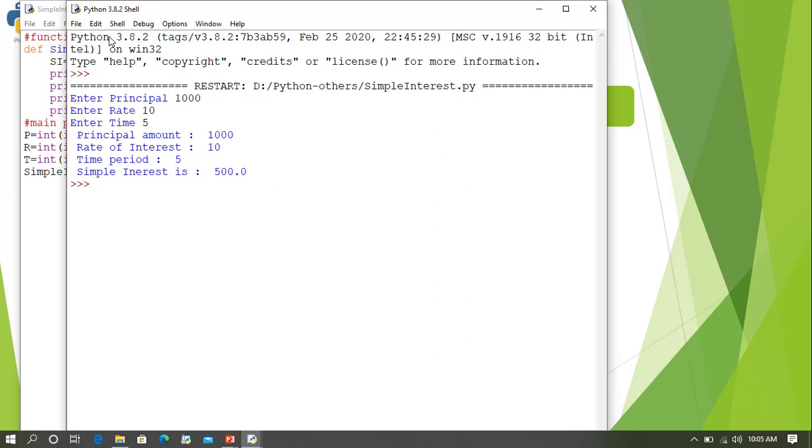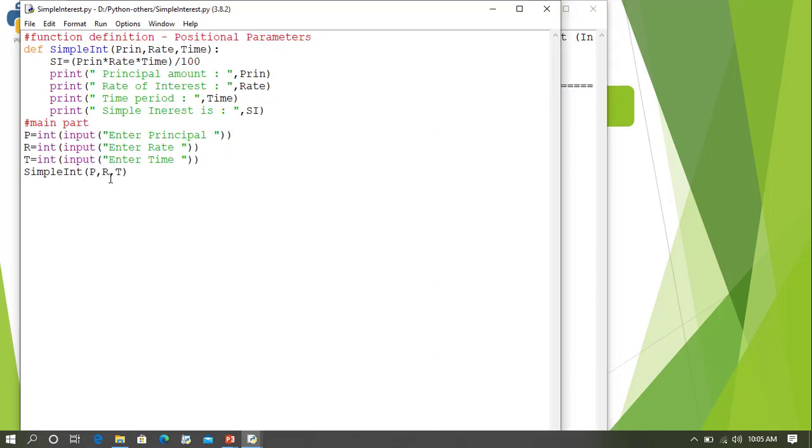Now we have called the function by passing PRT. So P will be passed to principal, R will be passed to rate, and T will be passed to time. But if we change the order here, suppose T, R, P, what will happen? You see,